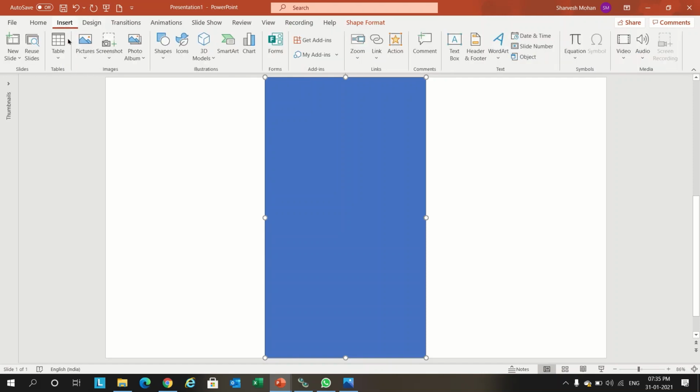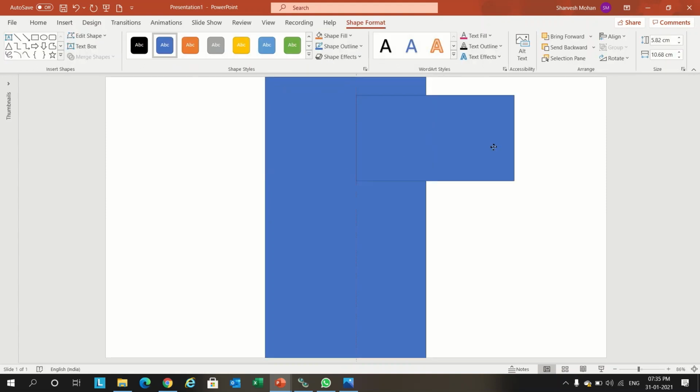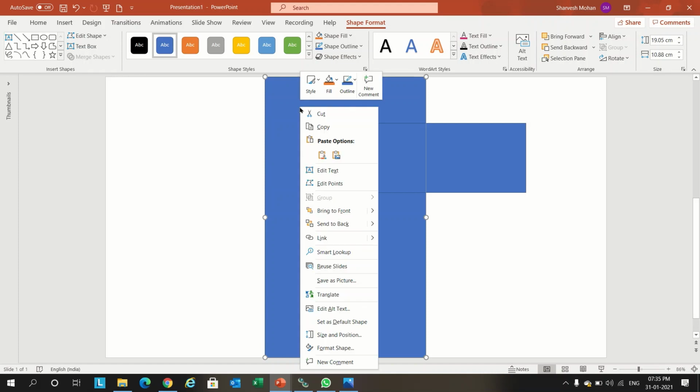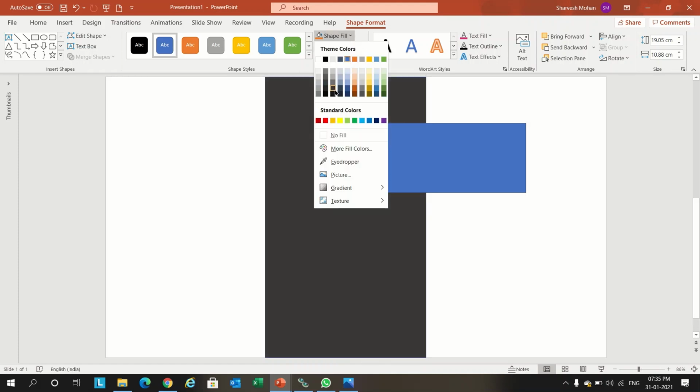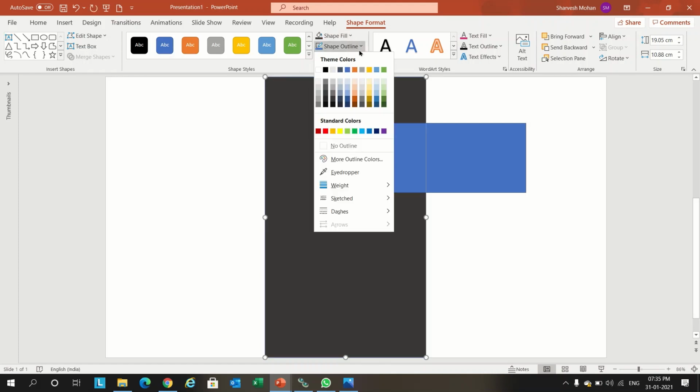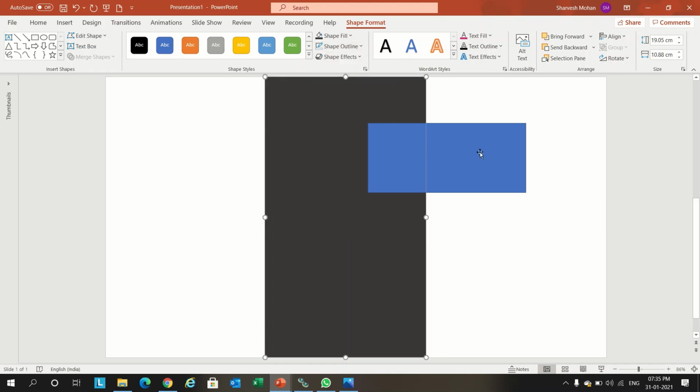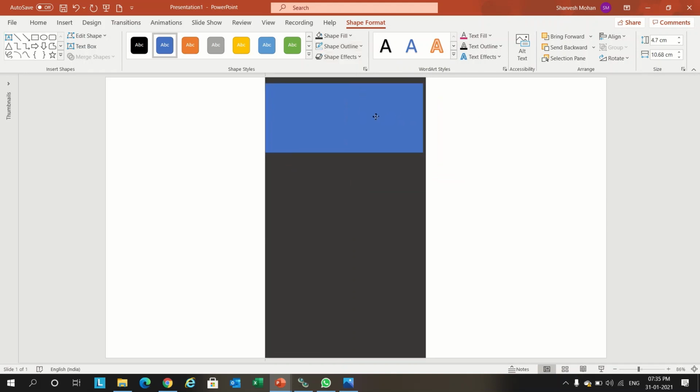Let's insert a square. We'll put the size 4.7 centimeter. This is the size we're going to use for film strips. Before that, we'll change the color to gray color and remove outline, no outline, and we'll put this on top of it.